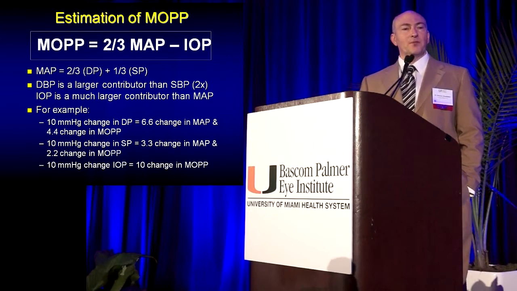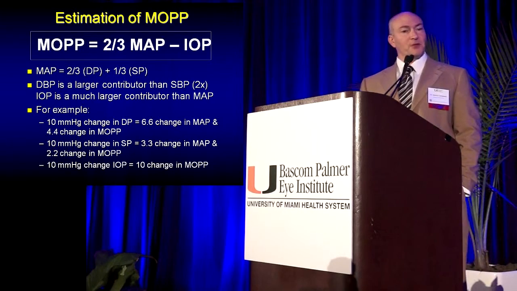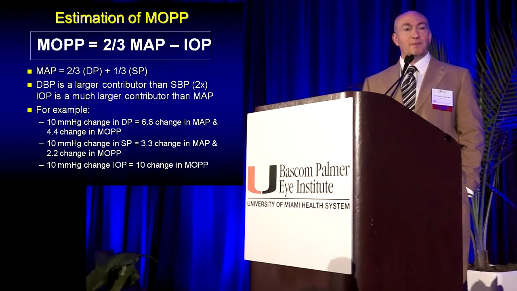So as an example, a 10 millimeter change in diastolic pressure would ultimately translate to about a 4 millimeter change in mean ocular perfusion pressure. The same 10 millimeter change in systolic blood pressure would only account for a 2 millimeter change in mean ocular perfusion, but